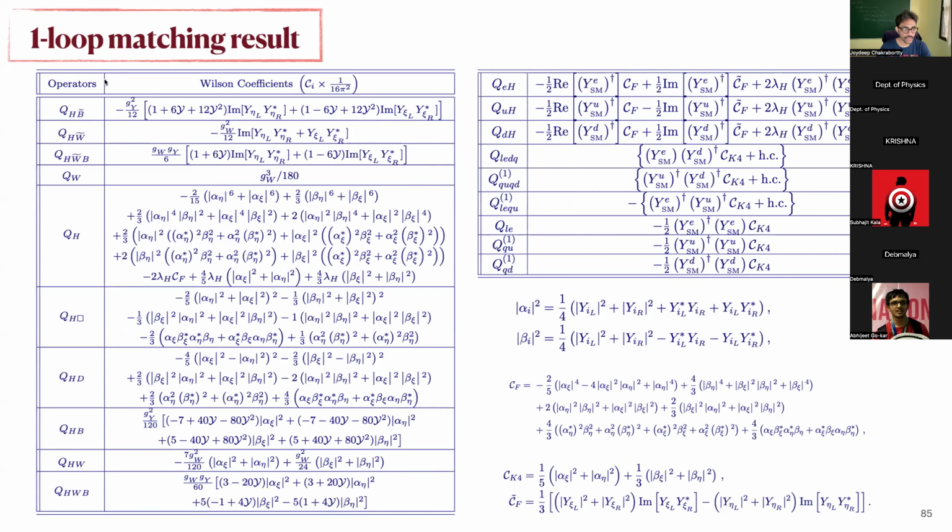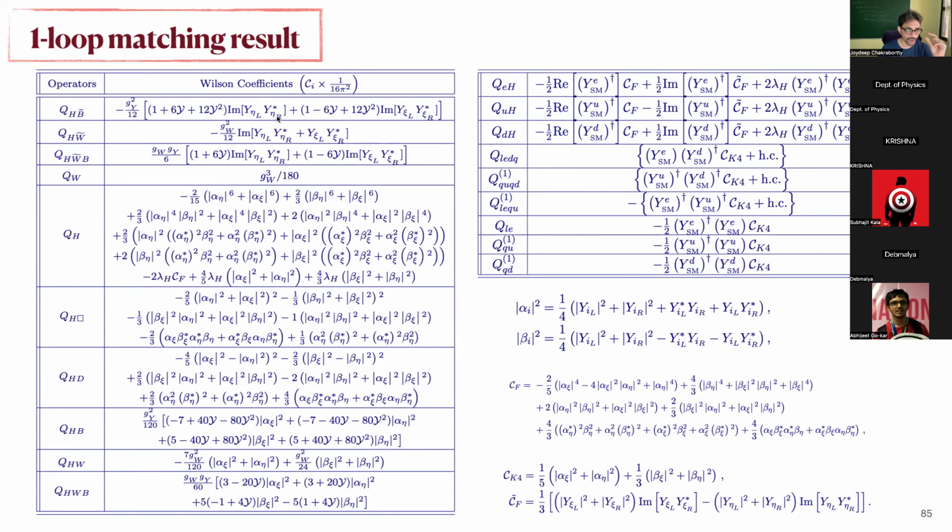Okay. So these are basically what you find if you perform the full one-loop matching. And the Wilson coefficients also reflect what I'm saying. How? If you see the first three operators, these are basically your self-adjoint operators. In this case, the Wilson coefficient is proportional to the imaginary part of Y star, and these are the left and right couplings. And that's what I said, if you recall,